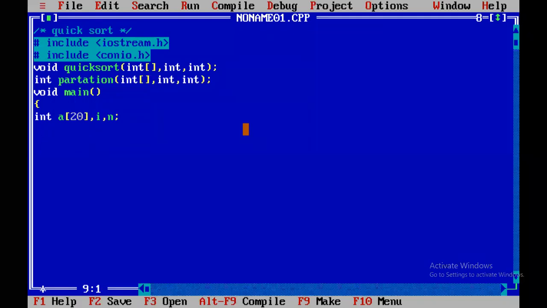First of all, you have to enter the values into the array. How many values to be entered into the array? We would like to enter n values. Here the n value is less than or equal to 20. So if n value is 10, we are interested to enter 10 numbers. If n value is 5, we enter 5 values. If n value is 15, we enter 15 values. So clrscr is here, it's a clear screen. Actually this is not necessary for online compilers. Whenever you are using online compilers like GCC, no need to write clrscr here. If you use clrscr for online compilers, you will get an error.